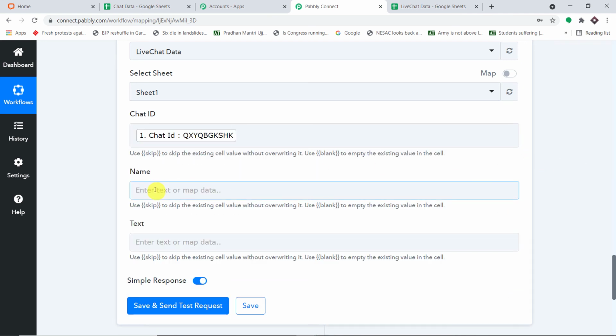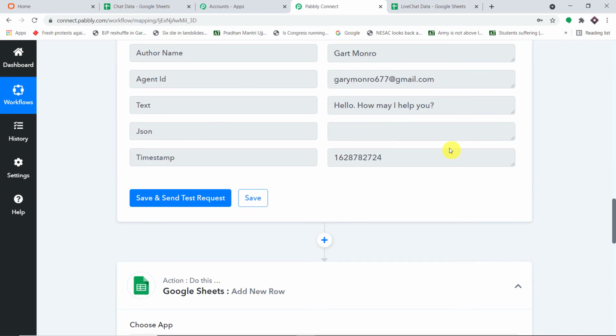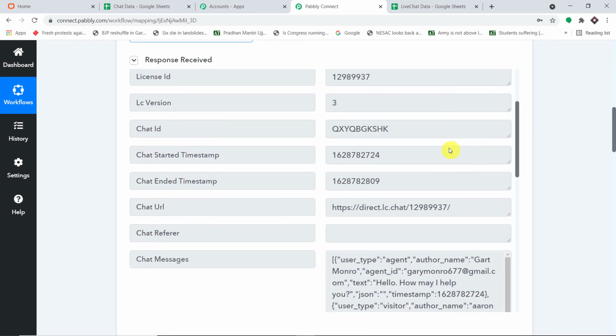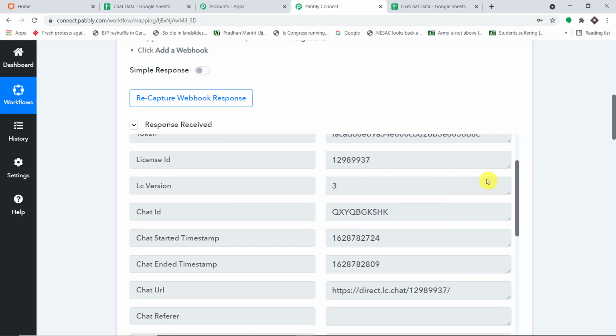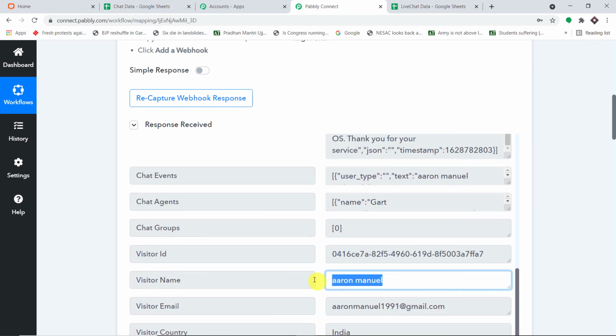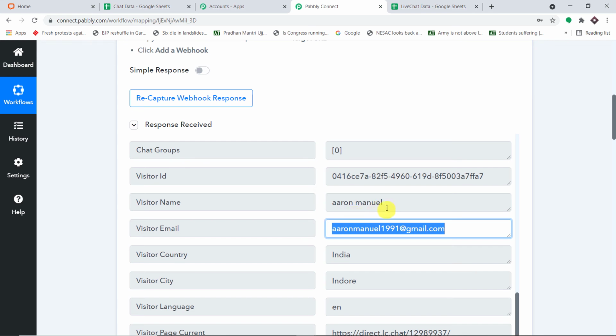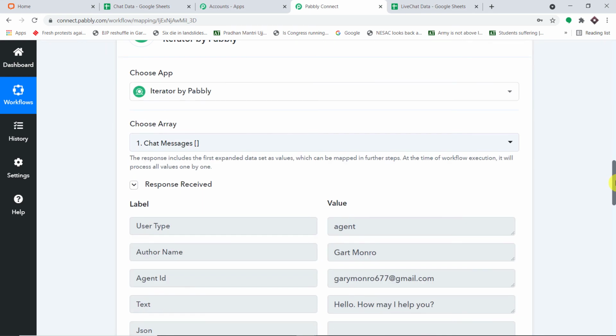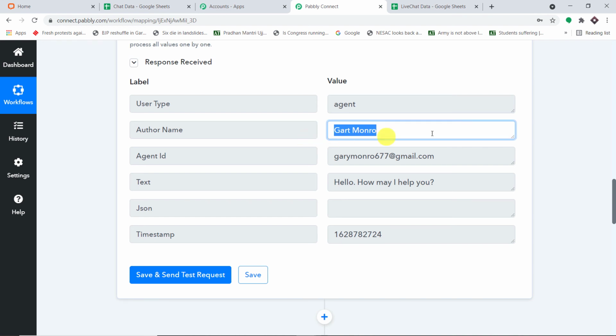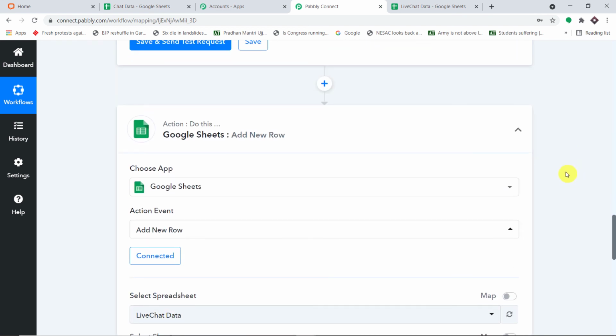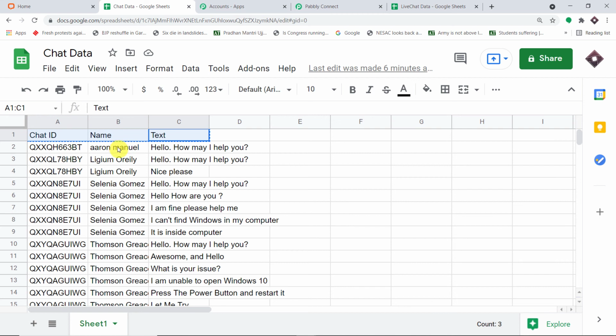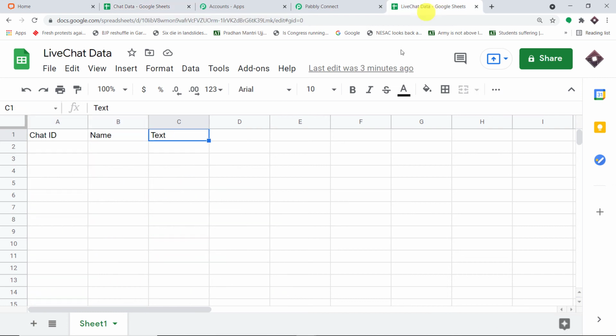Okay, now we have to mention the name of the customer, or here you can also add your name, or the author's name. I'm planning to add the name of the customer. Let me just scroll down. So this is the name of the customer, or you can also go with the email ID, but I'm happy with the name of the customer. You can also put your own name, but I don't see any sense in putting your own name because, as you can see, if you put your own name, all the chats will show your name only, and it will be very difficult for you to differentiate which customer made the chat. So that is why I will be adding the customer's name. That will make more sense.